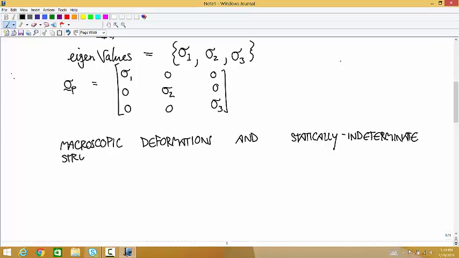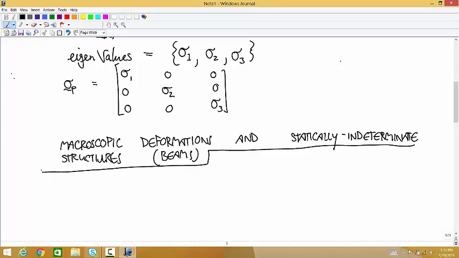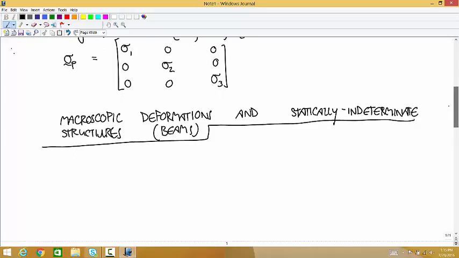Structures. And this is all related to beams. Structures made out of beams, macroscopic deformations in beams. Macroscopic deformations has to do with,